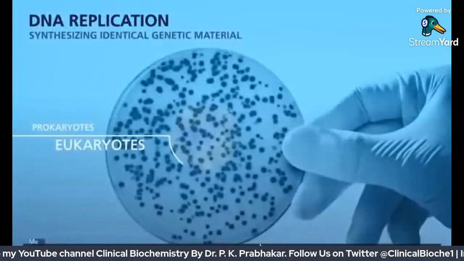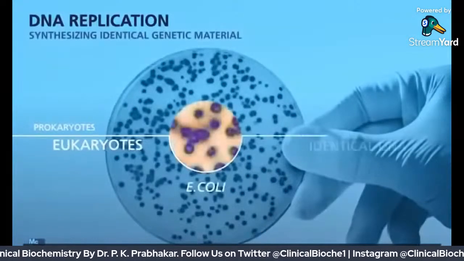Cells like these prokaryotic E. coli cells replicate themselves